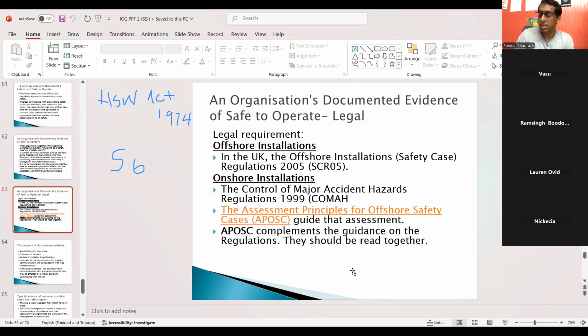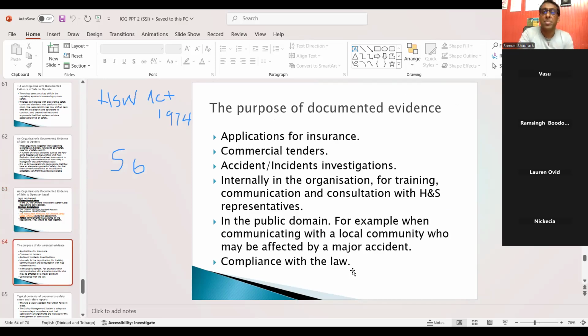It has been updated enough, but you could give the initial year, right? 1999 is the initial year. Nothing is wrong with that. The assessment principles for offshore safety cases guide that assessment. The essential principles of offshore cases complement the guidance on the regulation. They should be read together, right? The purpose